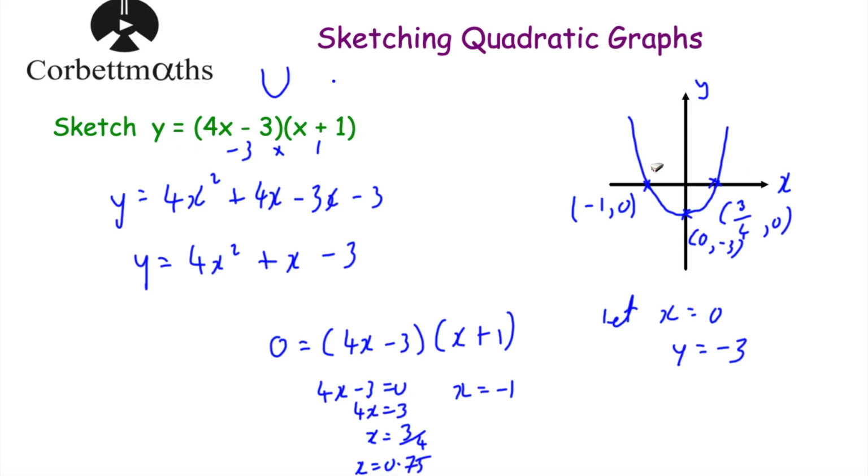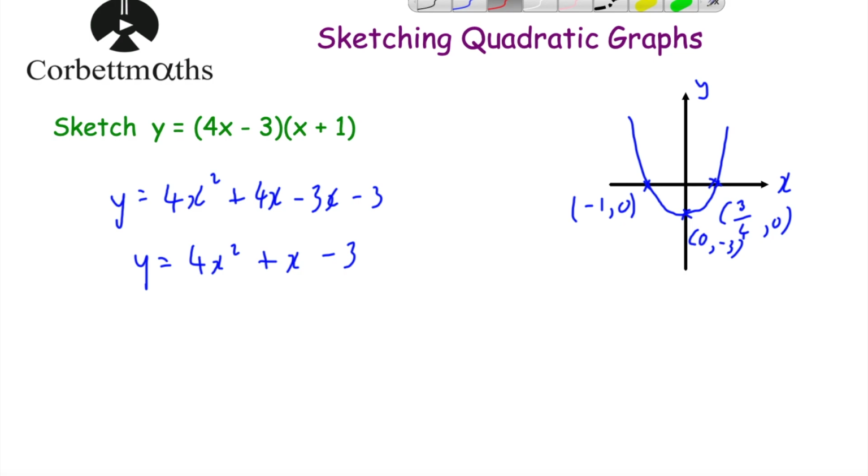then finally, if you're asked to label the coordinates of the turning point on the quadratic, so obviously remember for those big graph questions, you're often asked to do that, so let's do that now. Okay, so to find the coordinates of the turning point, we're going to differentiate it and put it equal to 0. I'm using the expanded version here because obviously we would want to expand our brackets before differentiating, so dy